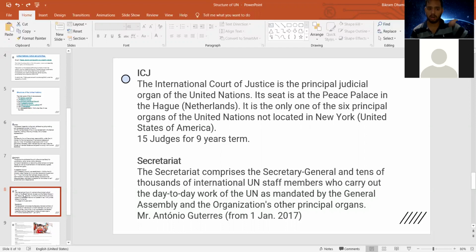The other five organs of the United Nations are located in the United States of America, in New York, but the International Court of Justice is in The Hague, Netherlands. In this court, there are 15 judges for a term of 9 years. The interesting thing is that the issues that are internationalized or globalized are taken to that court, but it needs the consensus or agreement